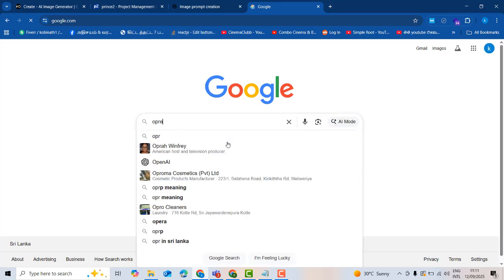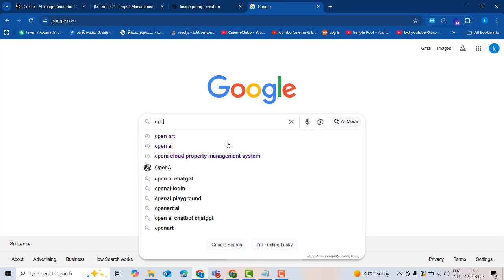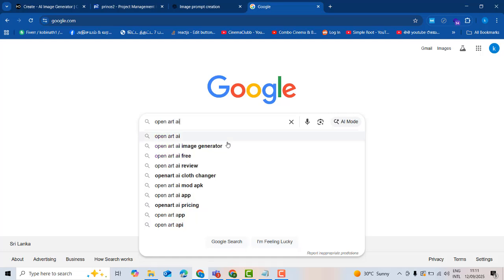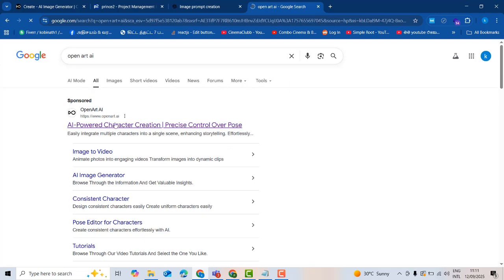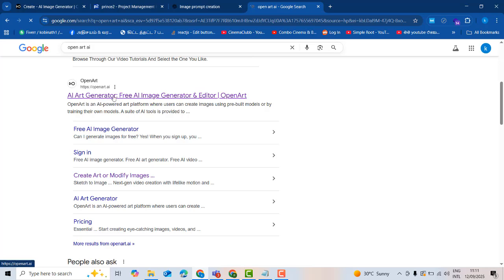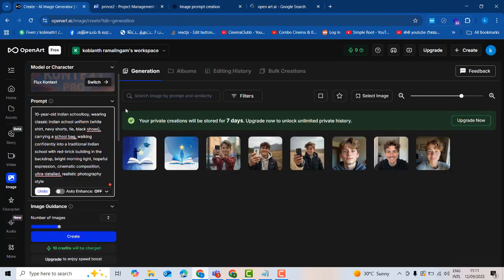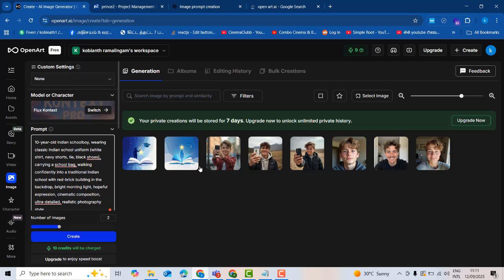Go to google.com. Here you have to select OpenAI Art AI. This is the very best tool for generating the characters. Okay, so you have to check, this is not completely free. You can create one or two images for free. First, whatever prompt you generated from ChatGPT, you just copy and paste